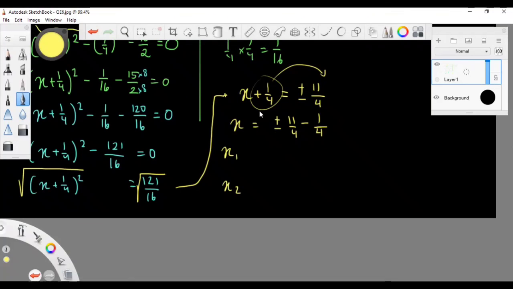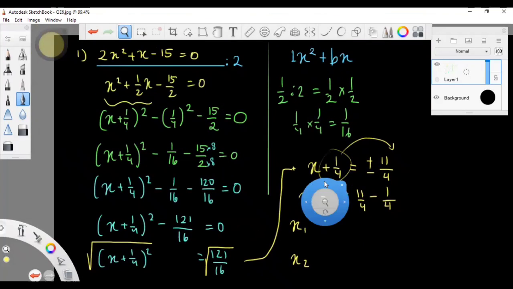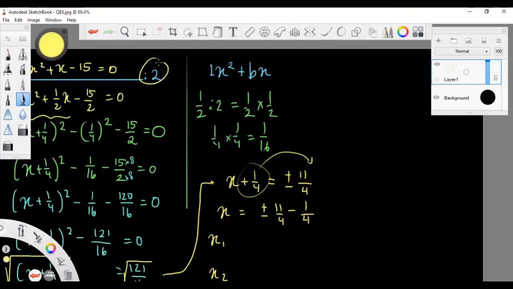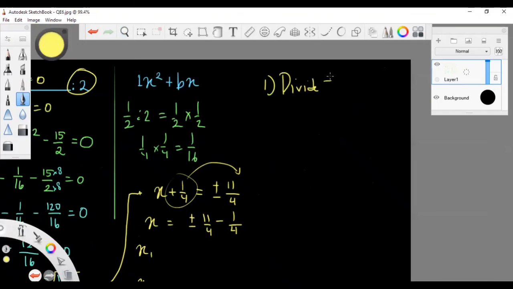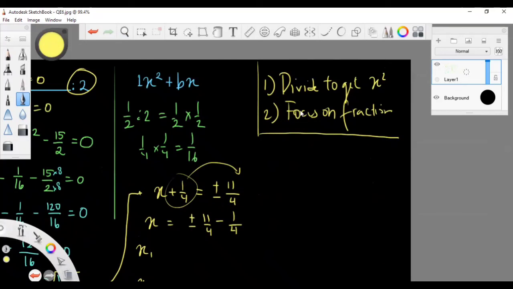So what makes the difference? The difference is, in the first step, you have to divide to get x squared, and second, you have to focus on the fractional operation. That's the hard part. So I will give you this. And then next,